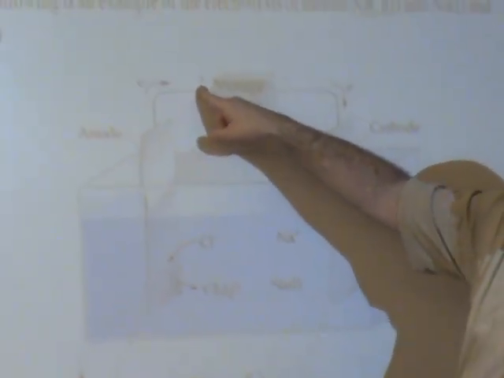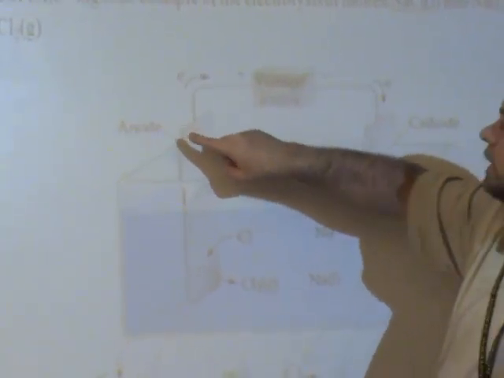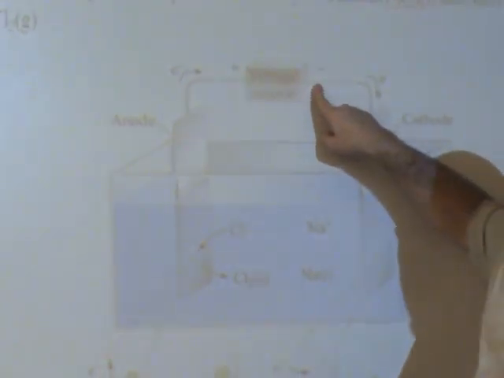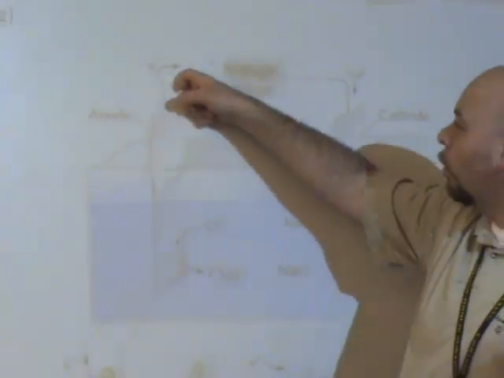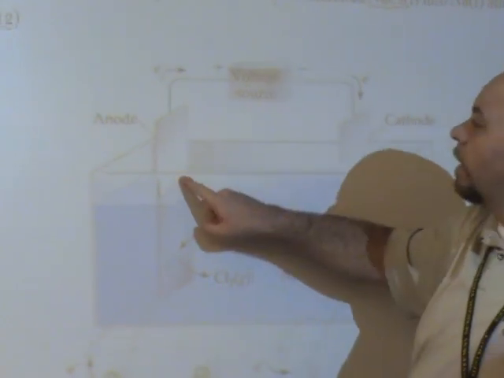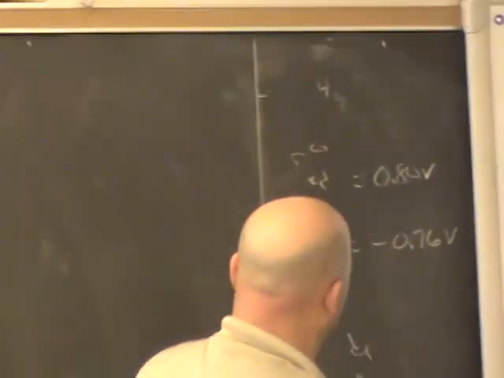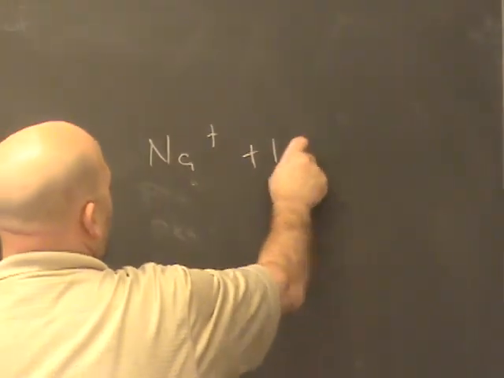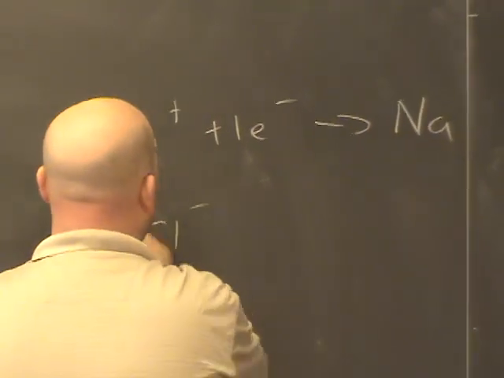But notice that there is a positive sign here. The reason the positive is near the anode is because the electrons are being pulled away from the anode. In this case, electrons are not willingly lost, they are pulled by the voltage source. It is forcing the oxidation to occur, forcing the electrons toward the cathode. So in this case, what you're seeing is sodium chloride in the molten state would be sodium ions going to sodium metal. And chloride